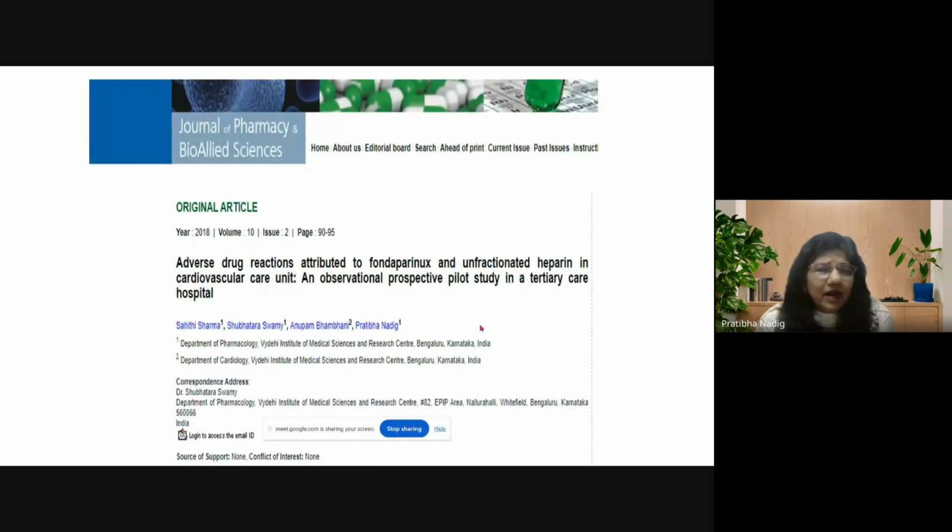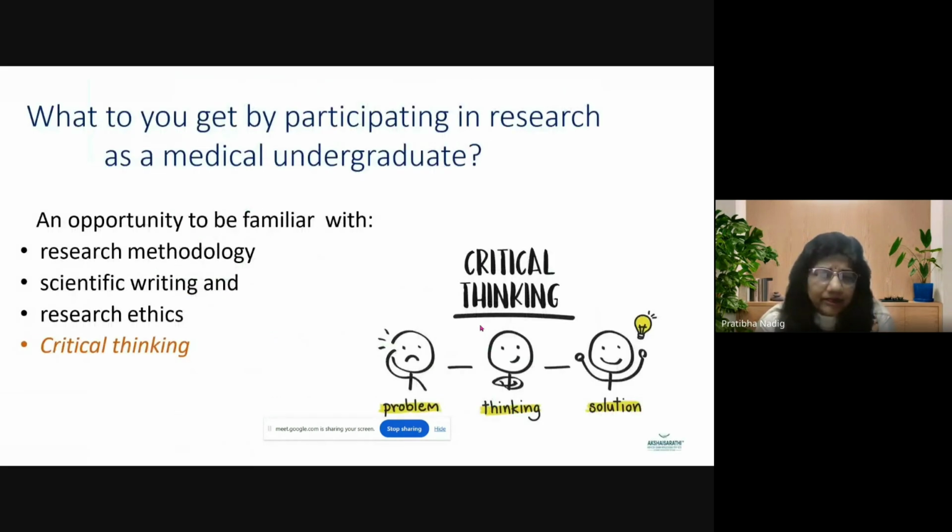Or it could be something like this, which we published. Sahiti is one of the authors here. Second years can do studies on adverse drug reactions. And this was a prospective study, of course. If you have time, you could definitely do that. And if you connect with your teachers, see, we have 3 teachers helping her out. So collecting the data, calling, everything can be done. So as long as it is worked in a team, it is not at all going to be difficult, because the entire team will be benefited by this kind of research initiated by a student.